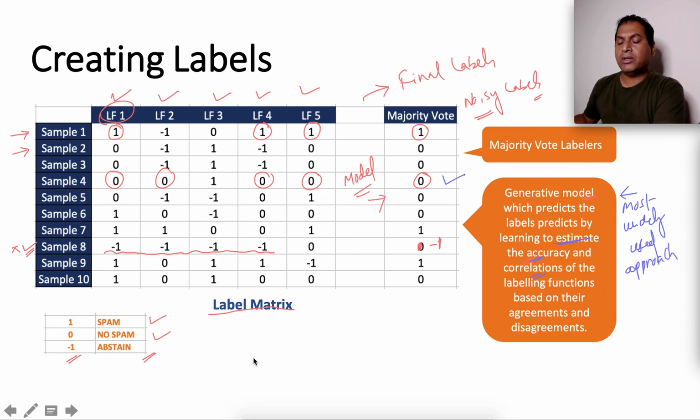It's empirically found that if you have more labeling functions and more labeled data points, typically it leads to a better model.